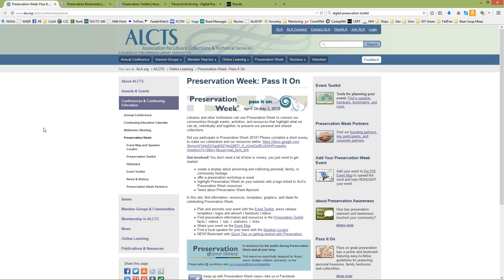Don't forget to tweet it. Don't forget to put it up on your Facebook page if you've got something like that. And you can be creative if you've got some interesting images. If your institution has a Pinterest page, you can pin something about preservation. What I can really recommend about marketing is to just be creative and try to cast as wide of a net as you can. Think outside the box of what you normally do,